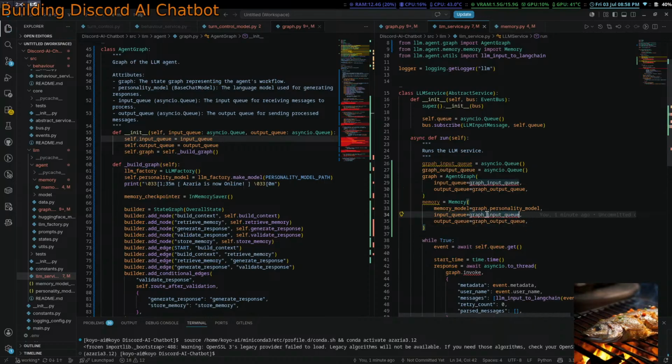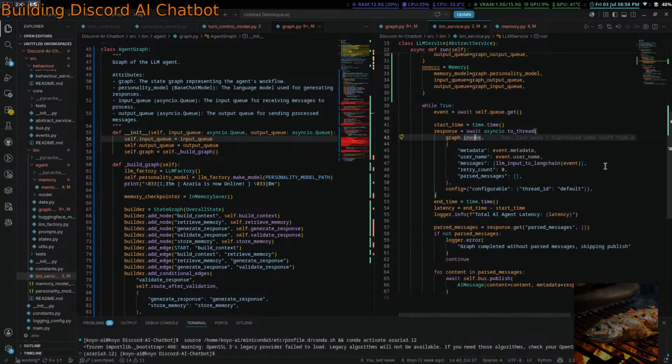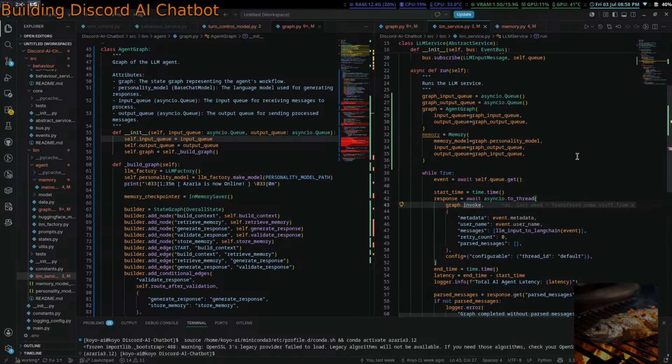This should be graph output Q, and this should be graph input Q, and then I spelled this wrong. So how does the memory do anything? It just kind of runs. Yeah.